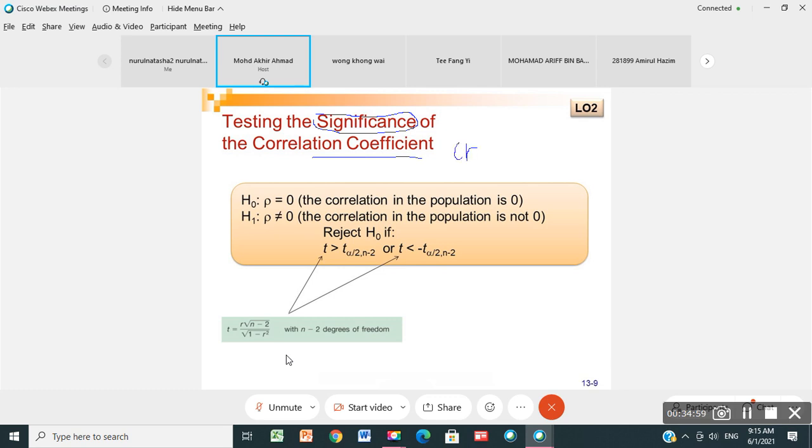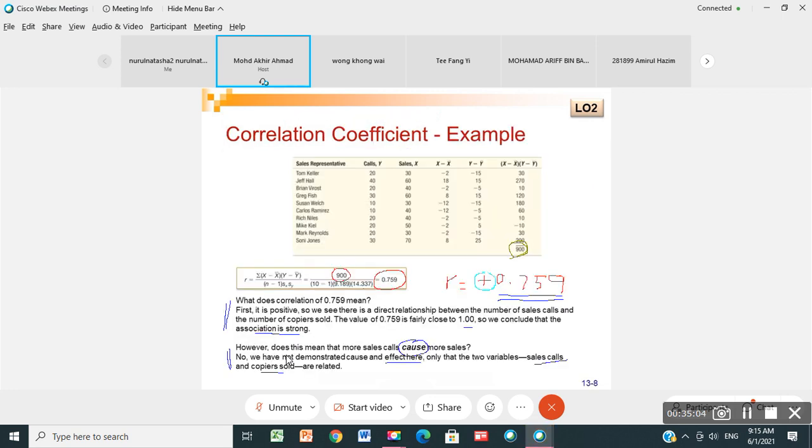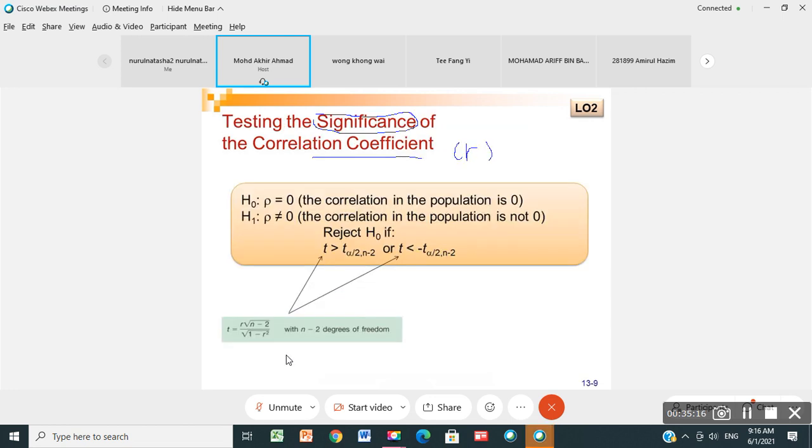Just now we got the result, and this result only indicates the relationship. So we want to know whether it is a real cause or not. So we do the